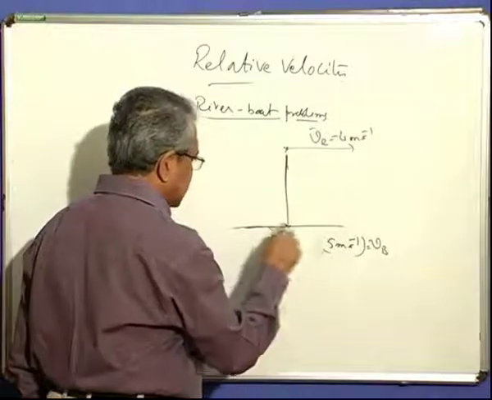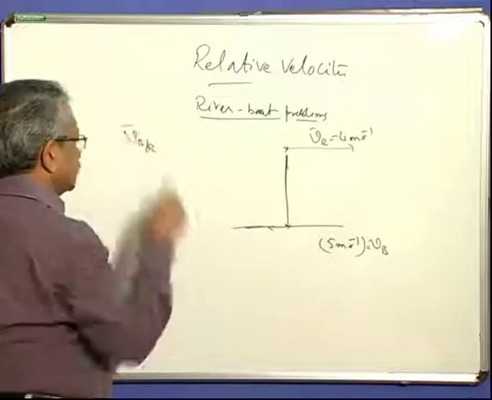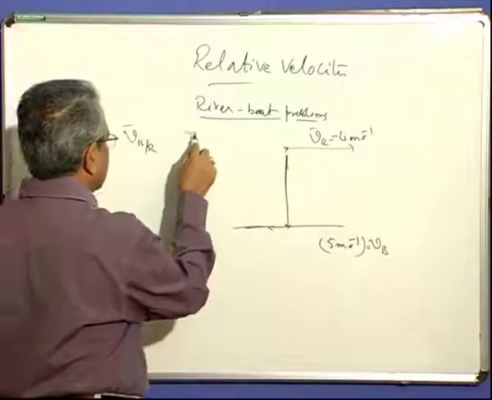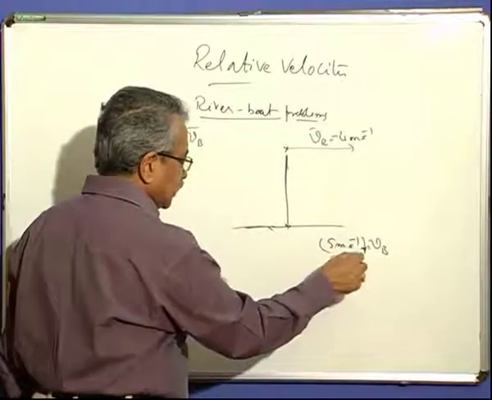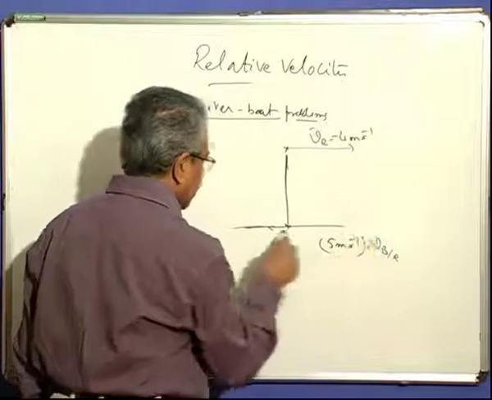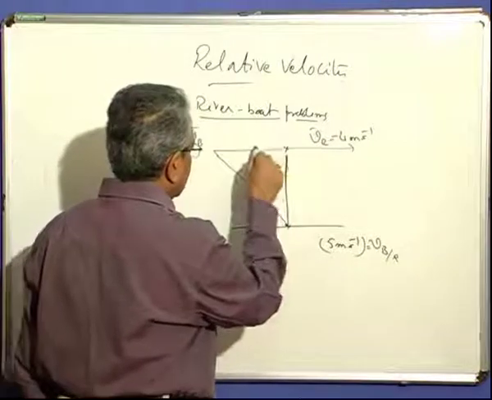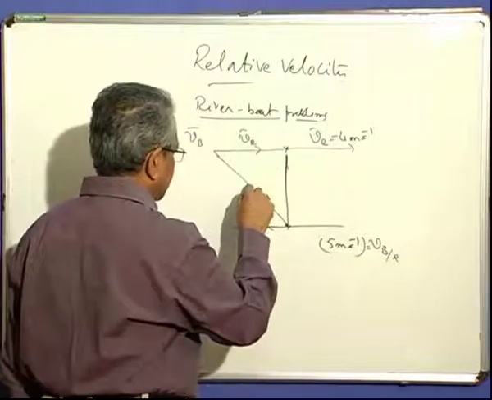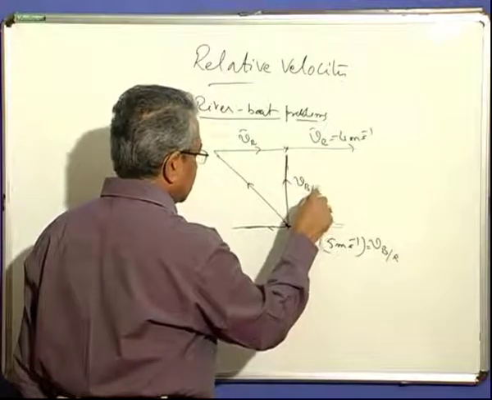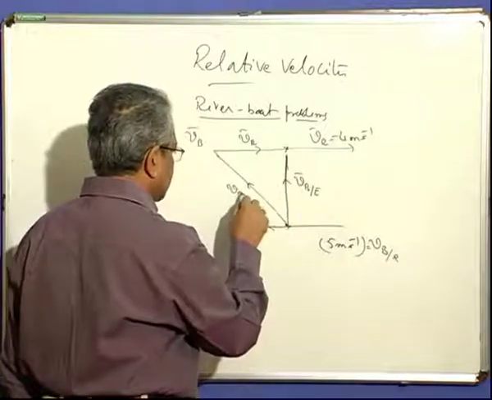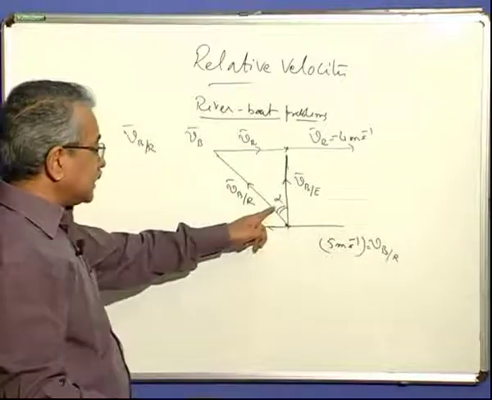So what will be the actual velocity? The velocity of the boat with respect to the stream, and the velocity of the boat with respect to the earth. He is now taking up this velocity with respect to the stream and heads like this, so that this velocity is superimposed on this further, and this becomes the velocity of the boat with respect to the earth. Here is the velocity of the boat with respect to the river. You must take it up at this angle alpha. How do you get this angle alpha?